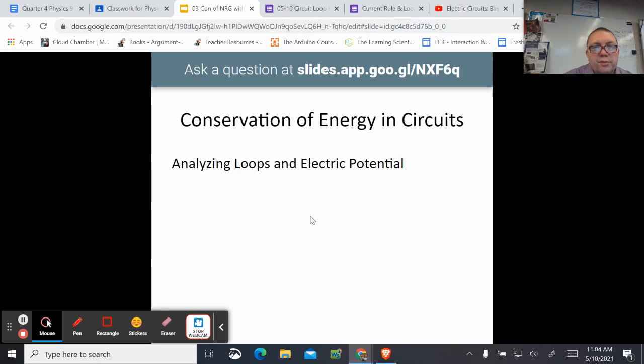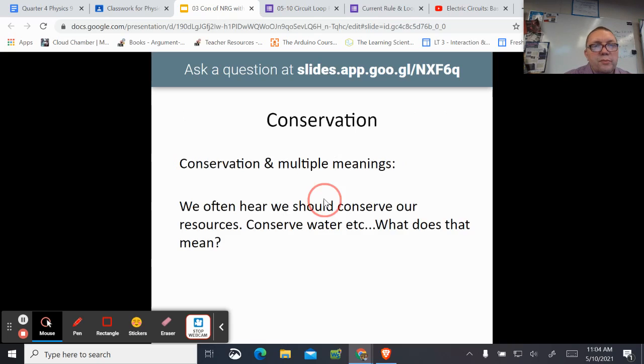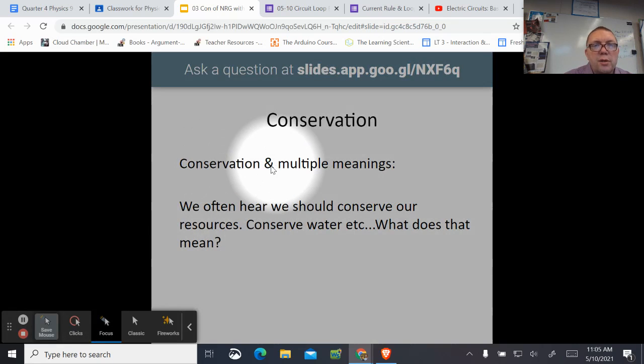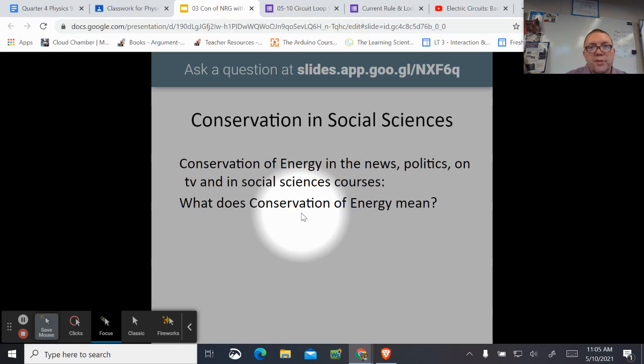Conservation of energy in circuits. Analyzing loops and electric potential. So, as we go through this, conservation and conservation laws and conservation rules can be interpreted, that phrase can be interpreted a few different ways. So just to make sure we're all on the same spot,